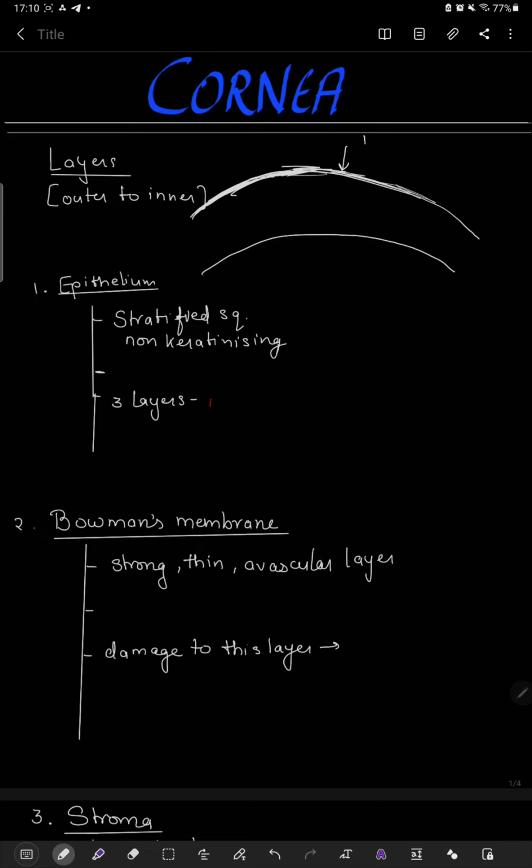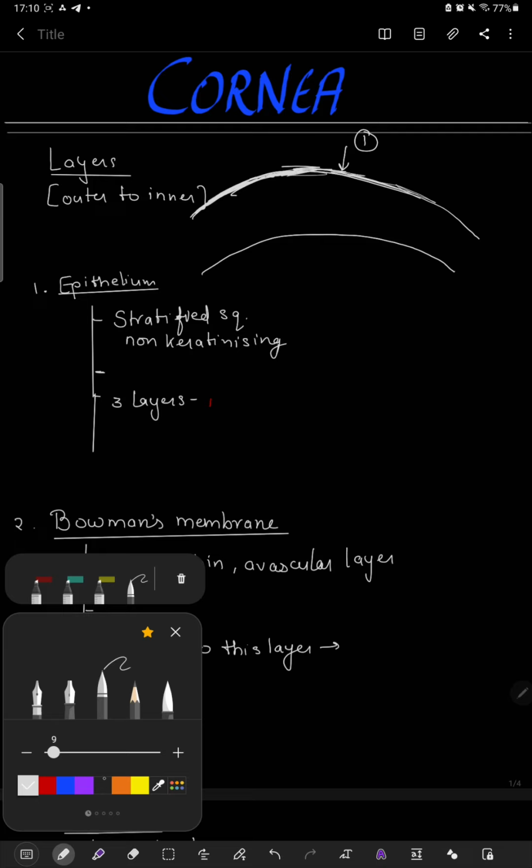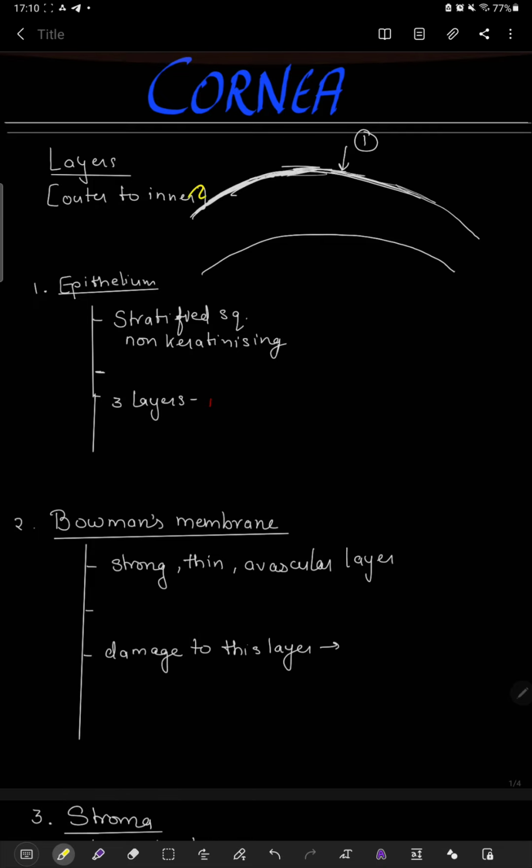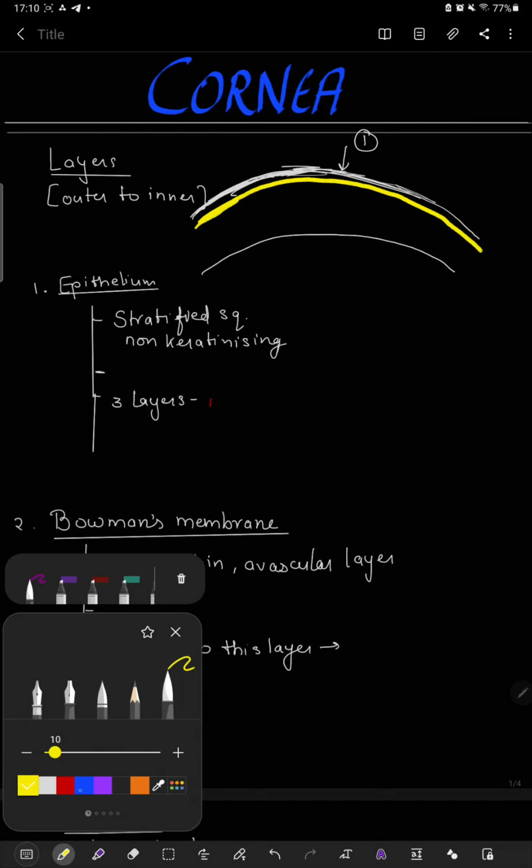Okay, so this is the epithelial layer. Then below this is the second layer, that is Bowman's membrane. Let's draw a layer. This is Bowman's membrane. Then below that is a third layer,